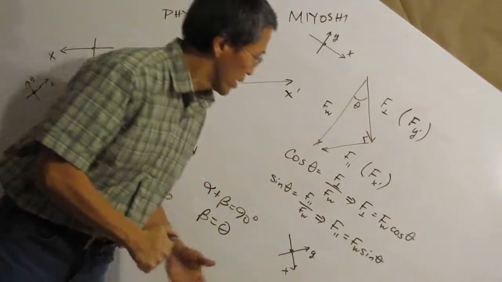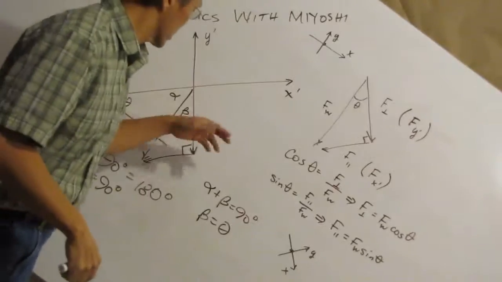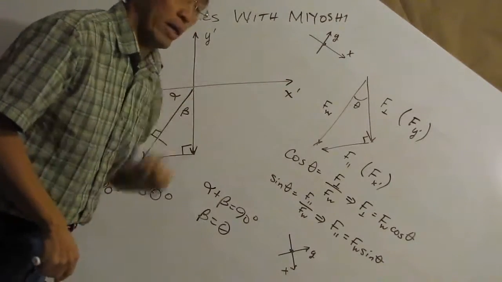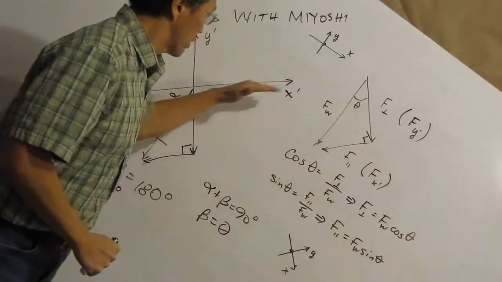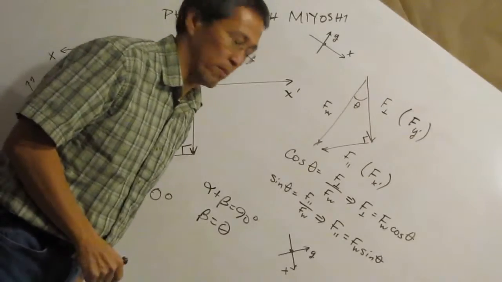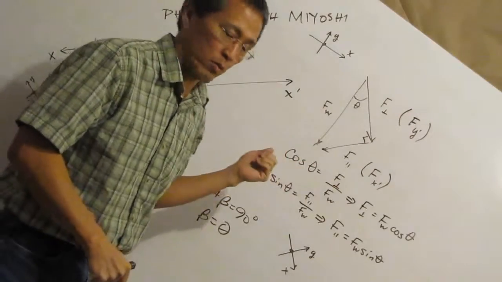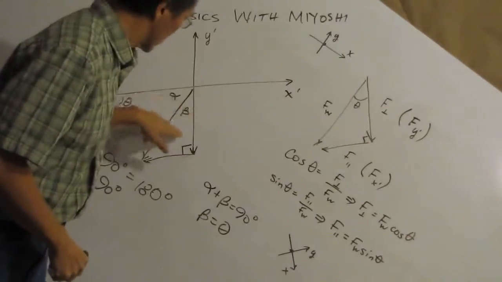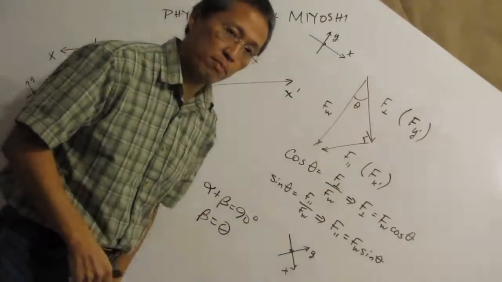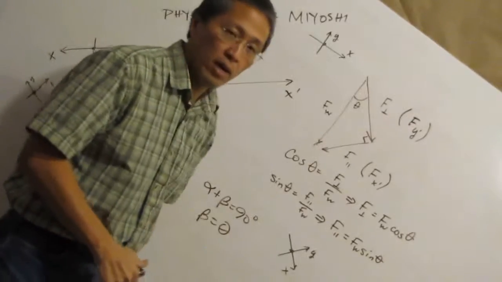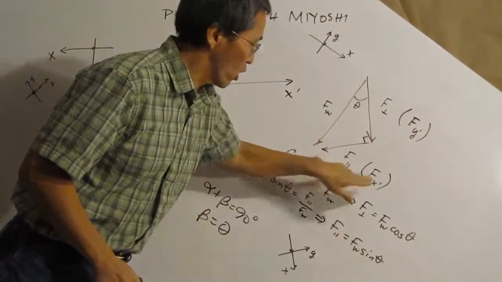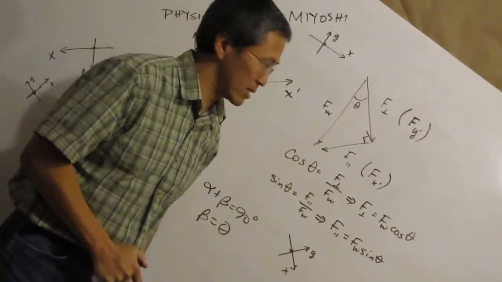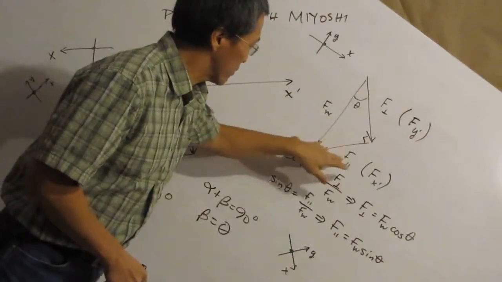Most of the time when we draw a free body diagram such as this, our x-axis is usually being parallel to our motion, and our y is being perpendicular or normal to our motion, or to our forces that we're looking at. So here we have a diagram very similar to this over here. Now beta is theta. So if I look at these as parallel, or x prime, force along my x prime, and the force perpendicular or force along the y prime axis, and I look at my weight, then I can break the weight into